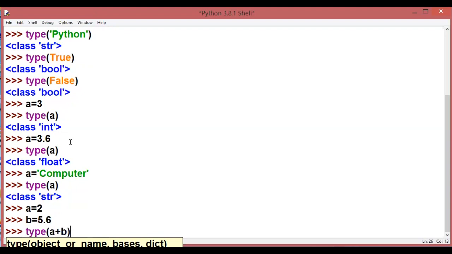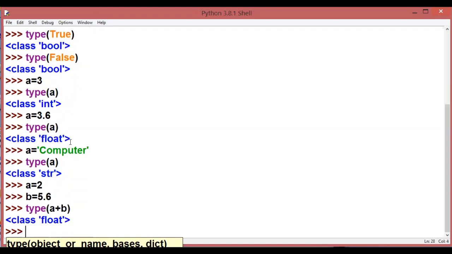If I add 2 plus 5.6, it is going to return me 7.6, and 7.6 is my float number. So again, I'm going to get the same result. That means the a plus b expression is returning me a float type of value.